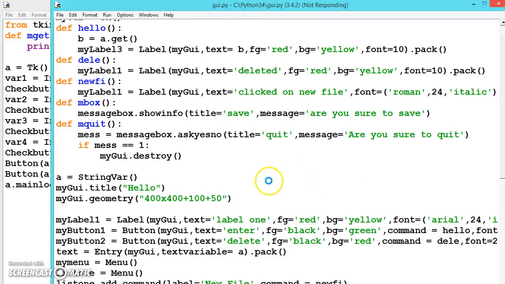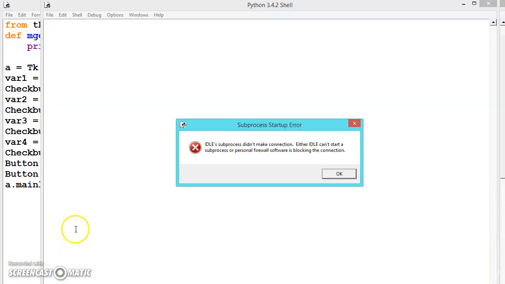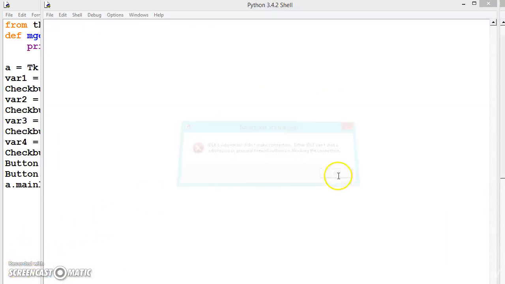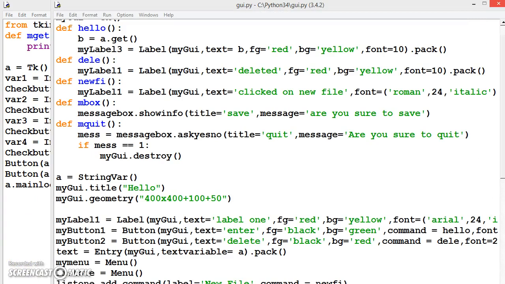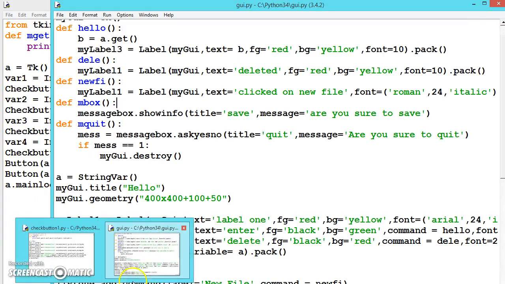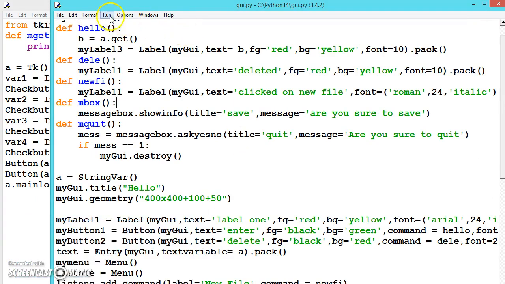Let me say yes. Okay. Now let us run it again. There is some error occurred while execution.